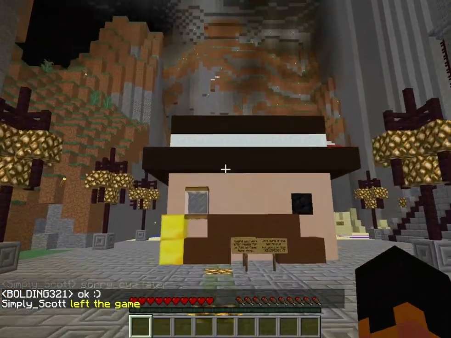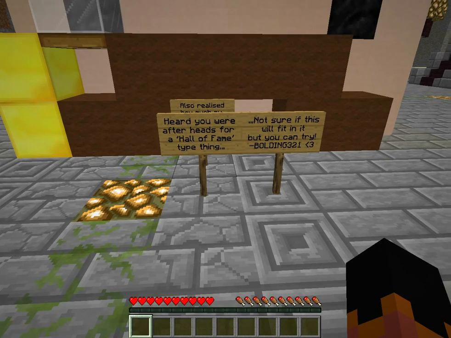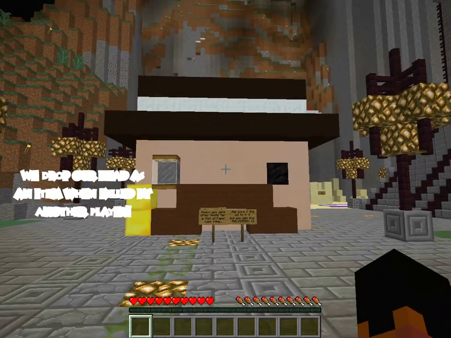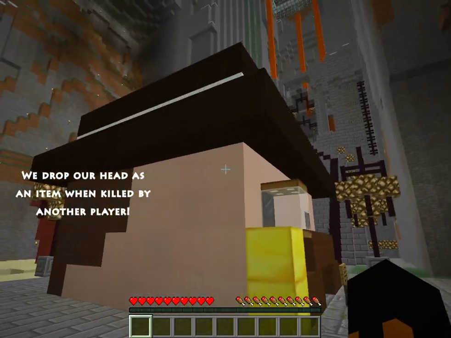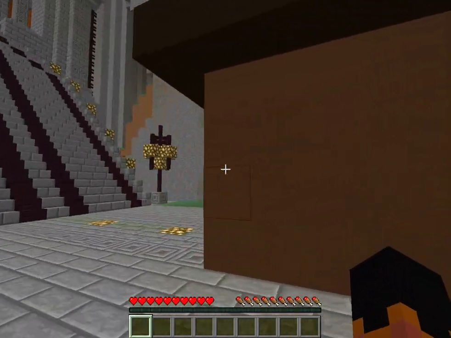Then is Bolding's reply to that, the chicken. "Had heard you were after heads for a Hall of Fame type thing. Not sure if this will fit in it, but you can try. Bolding 321. Also realized how much my head looks like Heisenberg," and he is correct. I'm guessing that the gold here is just payment or whatever. I know that he had left Cappy a ton of sand when he built the sandcastle thing over here too,